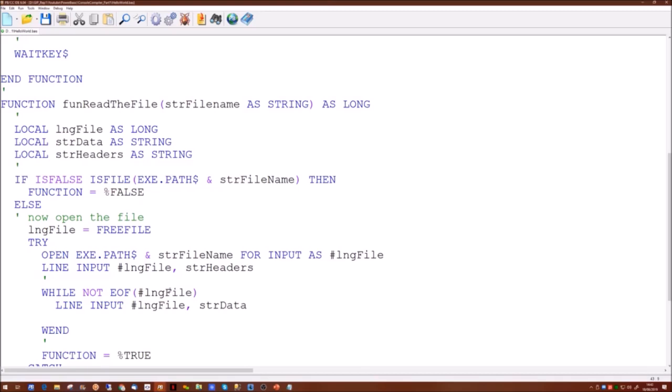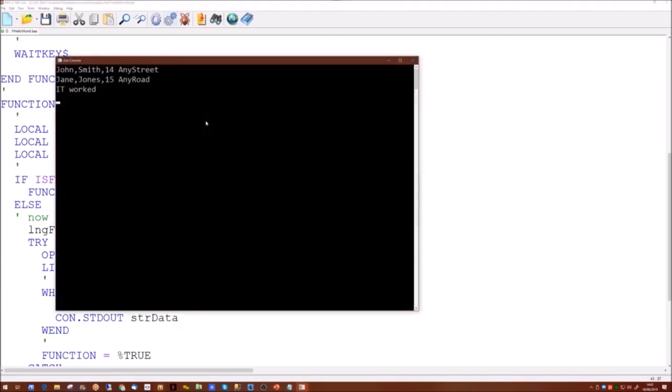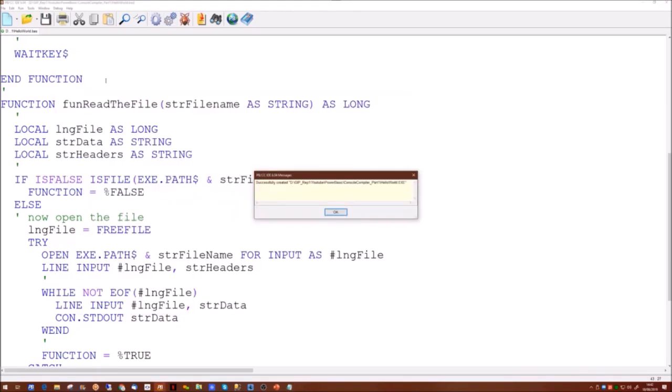So let's just chuck this out to the console and run the program. There we go, there's our 2 data lines appearing on the screen. Again, just as expected.